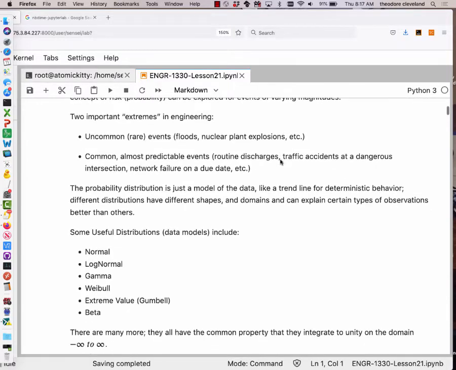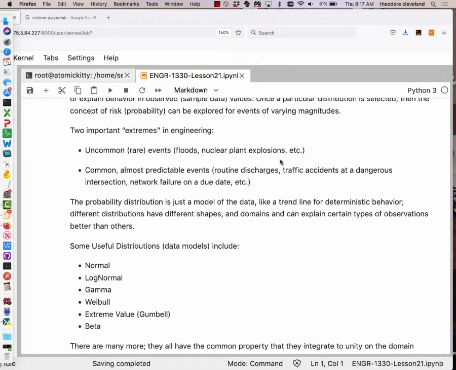wrong. And these get used practically in an engineering sense to try to explain risk. So the kinds of extremes that we're interested in engineering are what happens at this end, the common behavior end, and what happens at this end, the rare behavior end. The average stuff is all fine for taxation and so forth, but what's going on at the extreme values